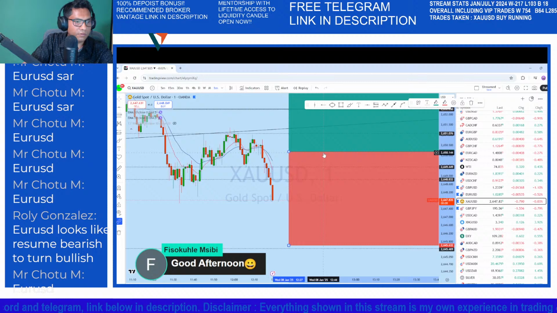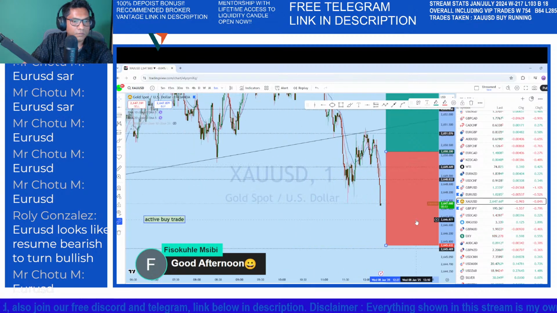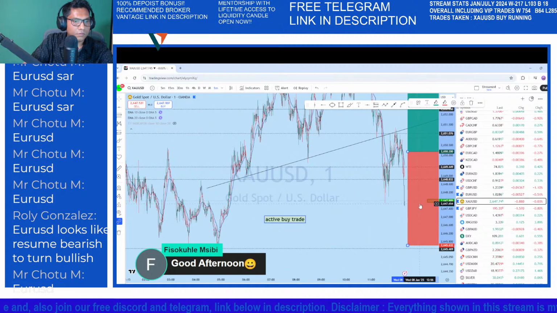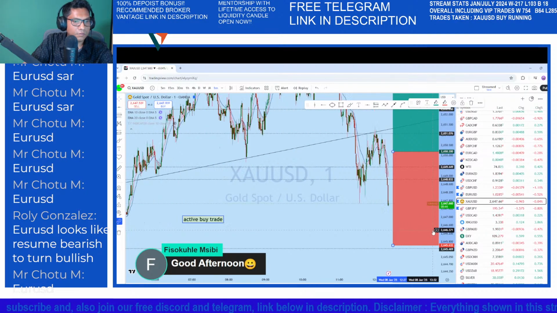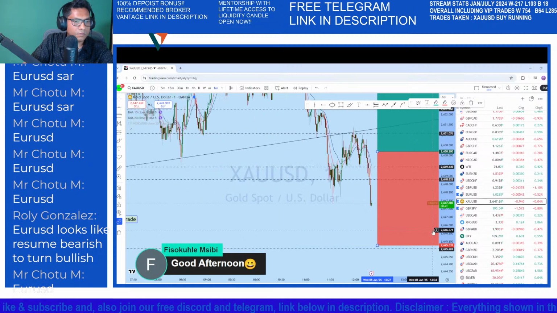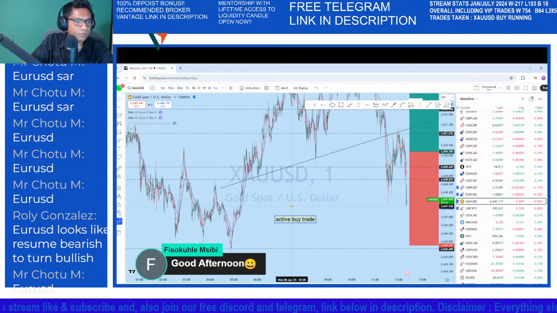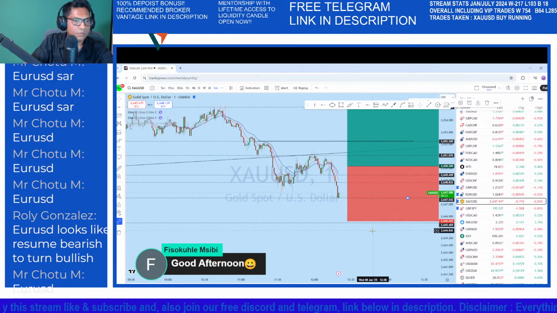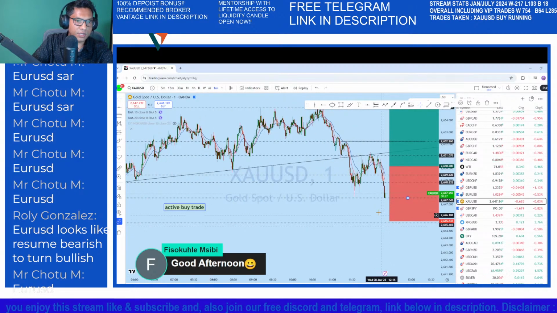It's at a very crucial level. If it wants to reverse, then this is the point. It should be doing that, or